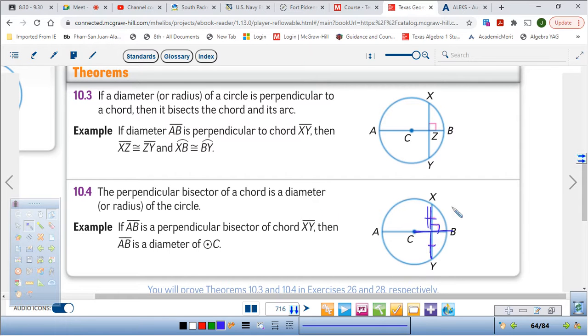Go ahead and copy both of those down. Very important idea. We will use these. Again, this one says, if you see that this line here is perpendicular to that one, then you know it bisects the chord and it bisects the arc. Now, in this other one here, if you see that it's perpendicular and bisecting, then you know this is a